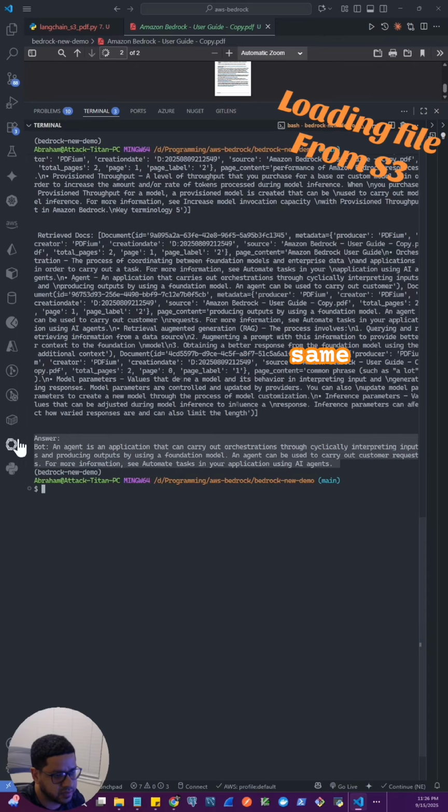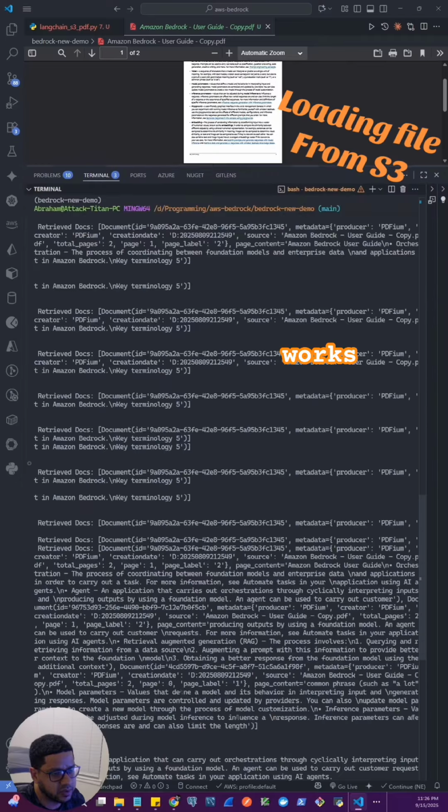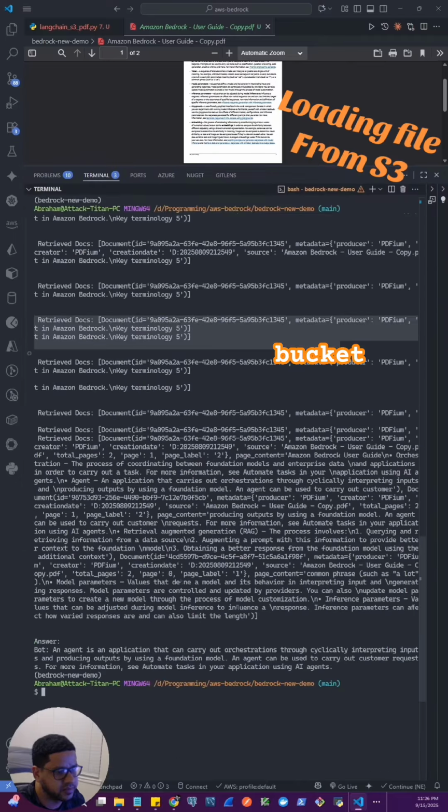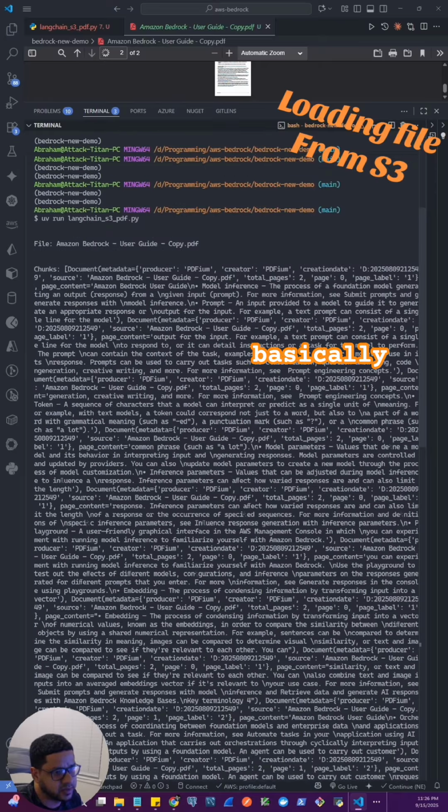So we have the same information we had in the PDF file, which now works with an S3 bucket. Here, let's see the output. We have basically our chunks, which are the different